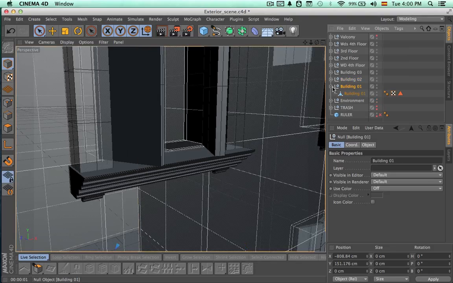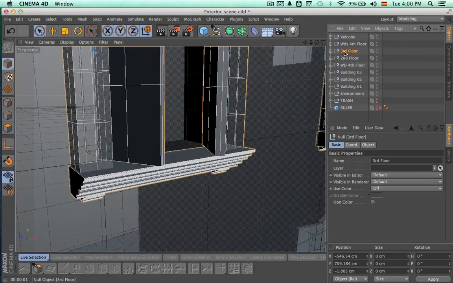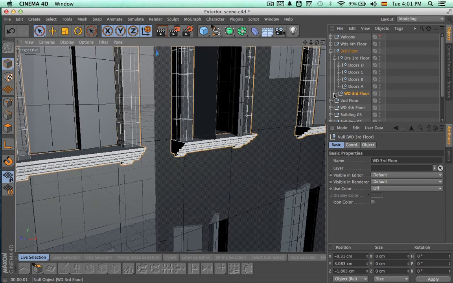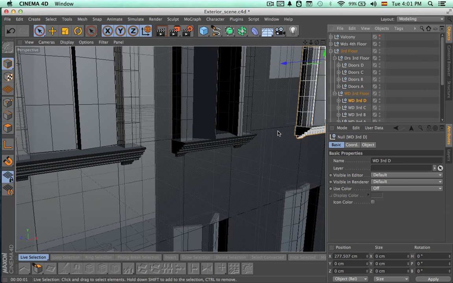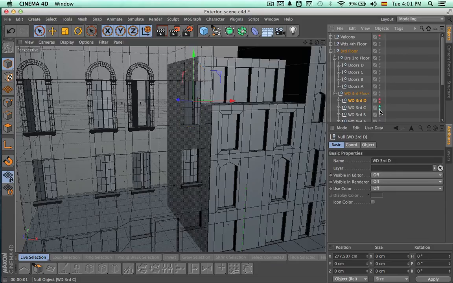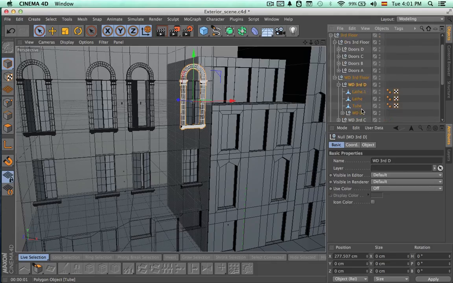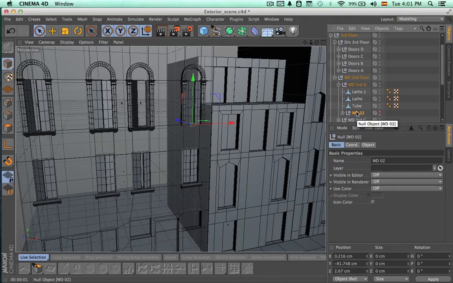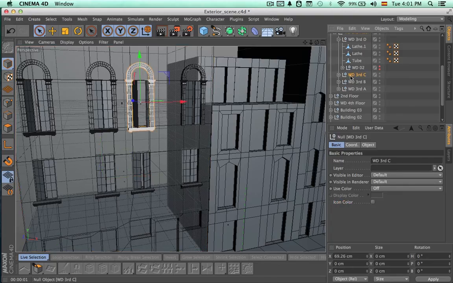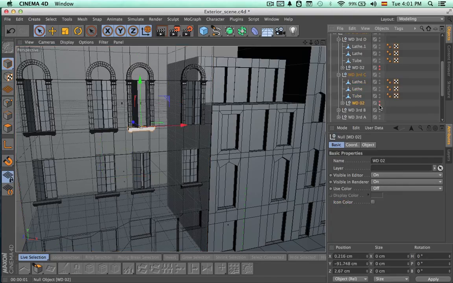And now we just have to find these windows here, those that I have selected, because we have to get rid of those details at the bottom, because that is where we are going to place this balcony, so those details will not be there. So let's just find them and just hide them. You don't have to delete them, you can just hide them. Hide this other one,